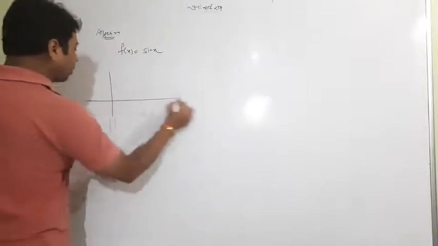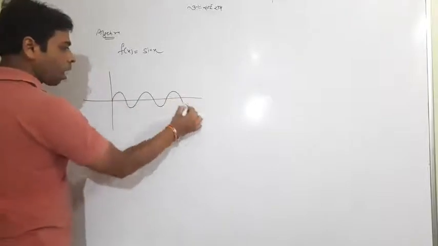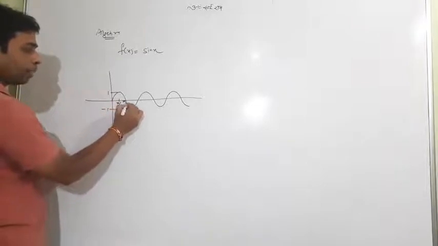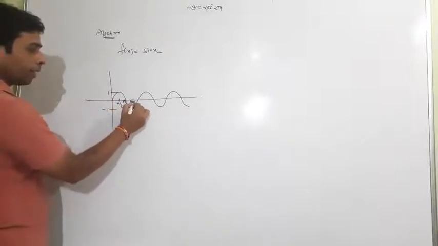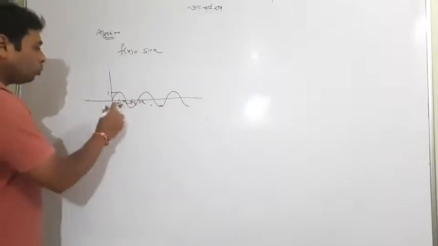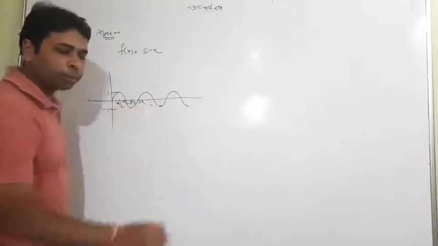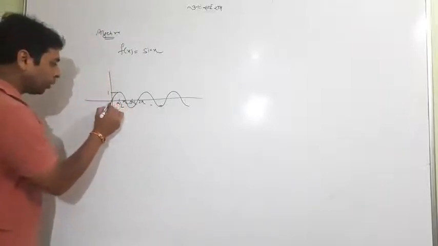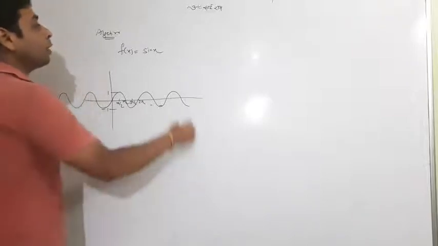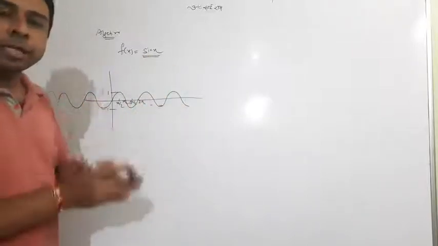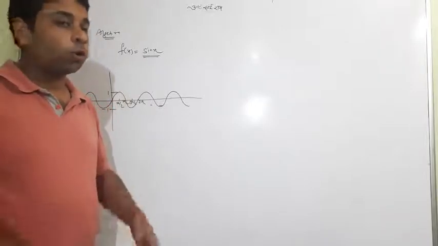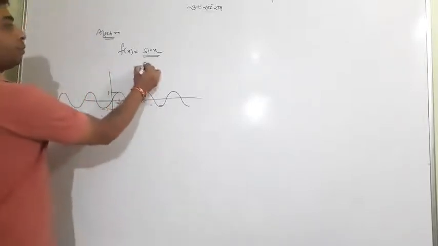Actually, what is the graph of sin x? It lies between 1 and minus 1, and it goes through pi by 2, pi, 3 pi by 2, 2 pi and so on. I don't want to write out the intervals pi, 2 pi or something; I just want to pull your attention to this. This is continuous. So one should directly remember that sin x is continuous everywhere. And what is the meaning of everywhere? At all real numbers.